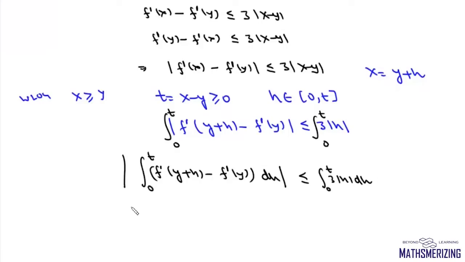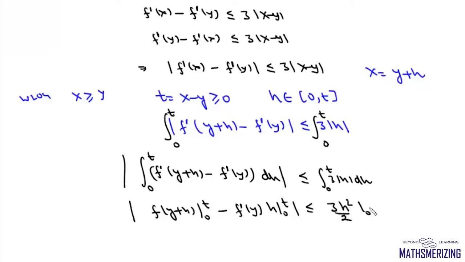Now if we integrate this function, we'll get f y plus h from 0 to t minus f dash y into h from 0 to t, which is less than or equal to 3, and this is